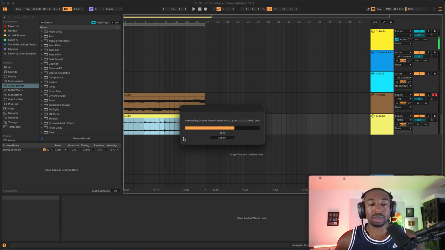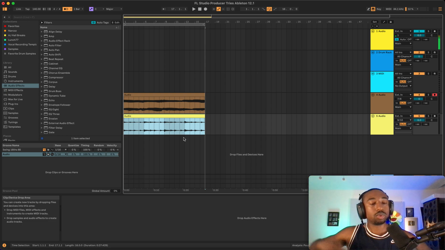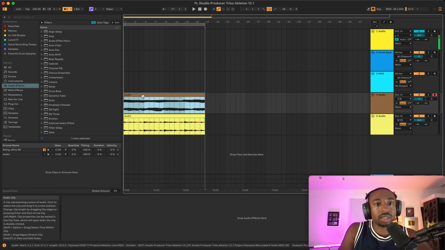Especially if you guys are using melody loops, you want to make sure the grooves are lining up for your melodies as well as your drums. Most people just slap in random melody loops and it sounds fake because the groove doesn't match. You have something doing a whole different rhythm. Okay, so let's go to the bass.